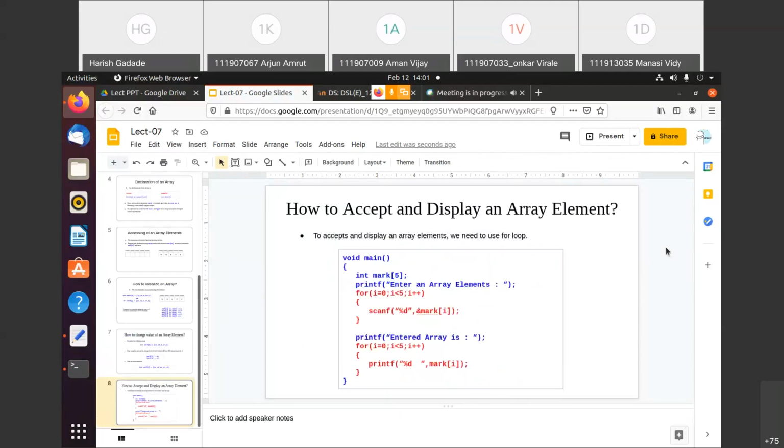The next one, how to accept and display, right? So I have just given a small program here. See, to accept and to display that array, as I said, that array is a collection of the elements. So that's why we need to use a loop here. So that loop is mandatory here, because we are having multiple elements, we need to accept multiple values. So instead of just accepting in a single statement, we can use any loop. So either while loop, for loop, or do while loop, you can use any loop for accepting and